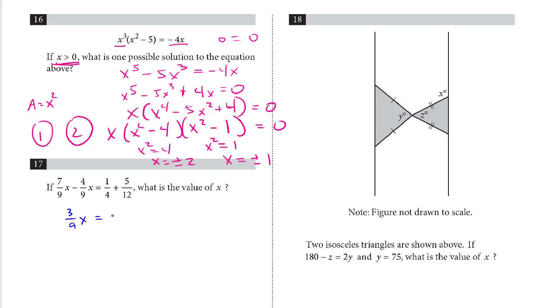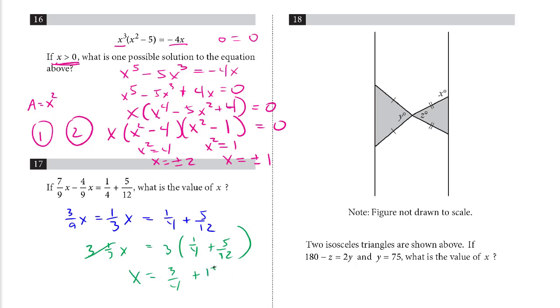Number 17, 7/9 x minus 4/9 x, well, that's just going to be 3/9 x, which simplified is 1/3 x, equals the right side. Well, I'm going to multiply by 3 on both sides. So let's do that. Multiply by 3. 3 times 1/3 x equals 3 times 1/4 plus 5/12. That cancels, x equals 3/4